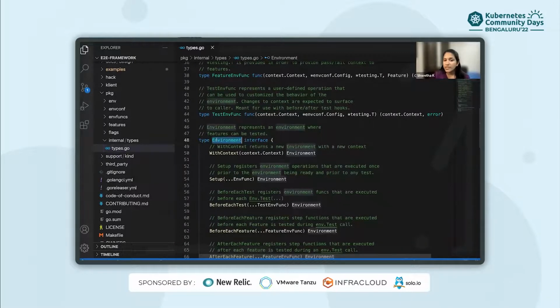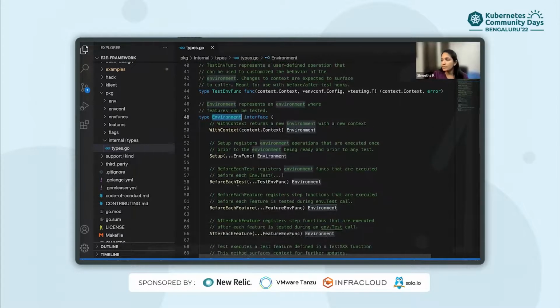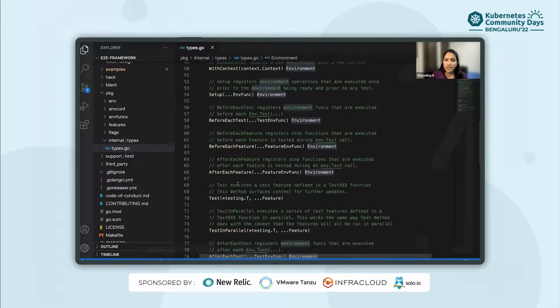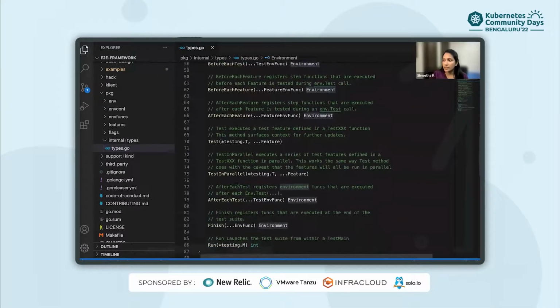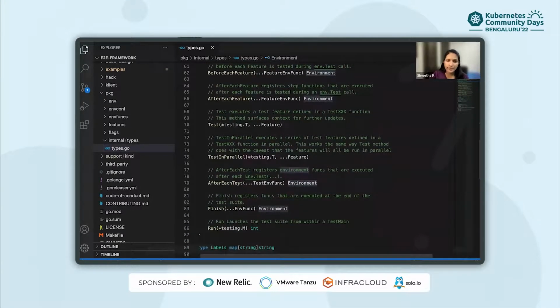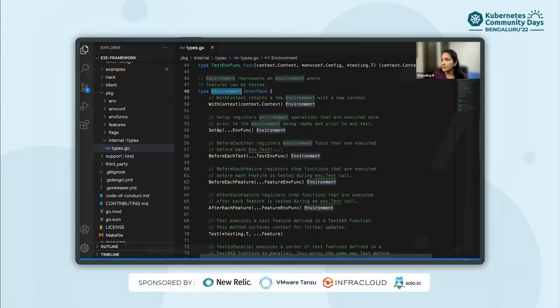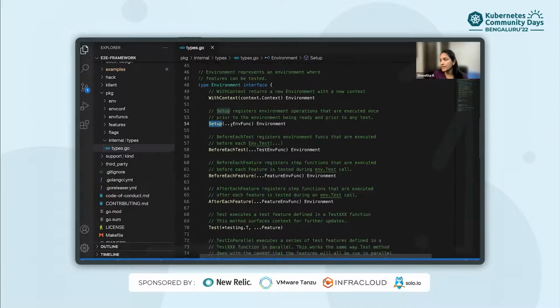The environment object is the heart of the framework, which allows developers to define and implement features to be tested. This contains all the methods to define the life cycle of a test, like setup, before each test, before each feature, after each feature, finish, etc. If you see this setup, it registers an environment function that is executed once prior to the environment being ready.